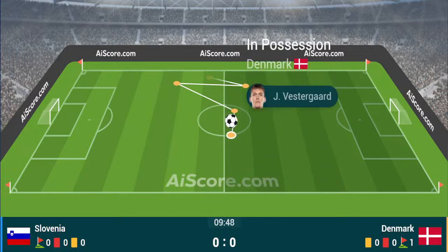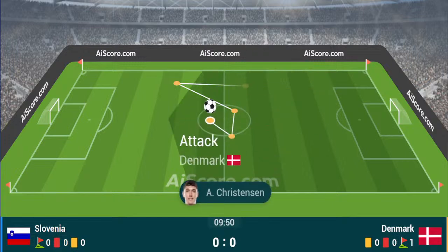The attack of Denmark will have the work cut out for them throughout the course of this evening. A very strong Slovenian defence, supported by their captain and leader Jan Oblak, who during the qualification stages made more saves per shot on target than any other goalkeeper in the entire European Championships qualifying, having saved 76.9% of the shots he faced. Which says a lot about the chances that are created for other sides, but the confidence that Slovenia must have in the goalkeeper as well,